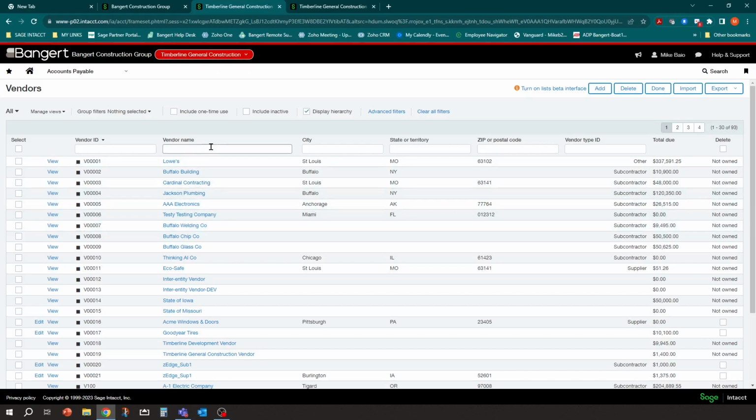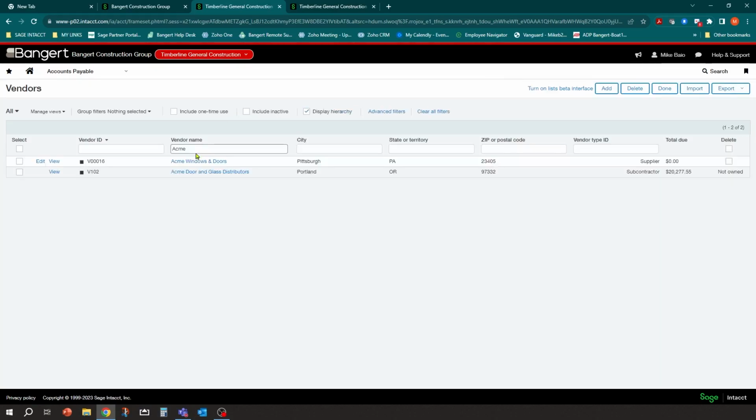So traditionally right now, if you want to modify or filter on this view, you can do some filtering on the individual columns, but it has to be exact from the beginning. So if I'm looking for vendors that start with Acme, I can type it in and it finds the two vendors.